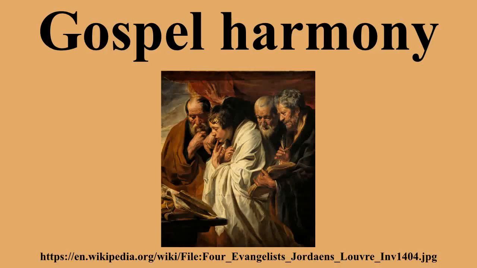The earliest known harmony is the Diatessaron by Tatian in the 2nd century, and variations based on the Diatessaron continued to appear in the Middle Ages. The 16th century witnessed a major increase in the introduction of gospel harmonies, and the parallel column structure became widespread. At this time, visual representations also started appearing, depicting the life of Christ in terms of a pictorial gospel harmony, and the trend continued into the 19th–20th centuries.